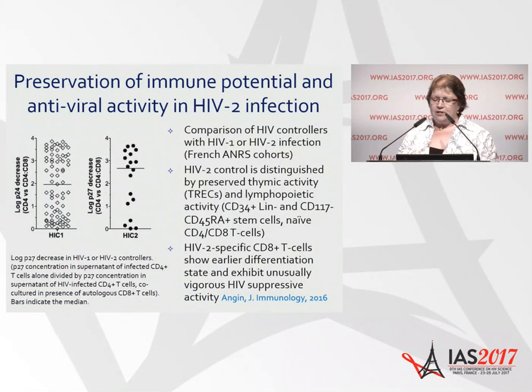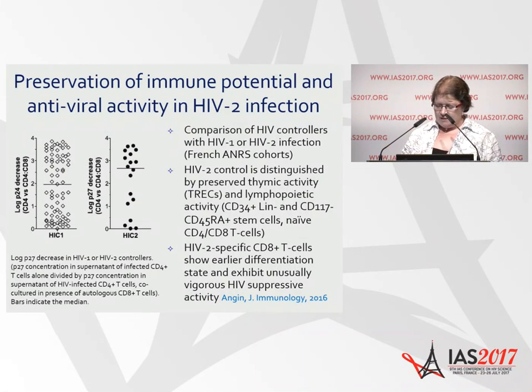Working in collaboration with Victor Appé and Assier Sirion last year, we were able also to show similar results in a French cohort, and in particular Assier's assay to look at the viral suppression of viral replication showed particularly potent inhibition of viral replication from cells from the HIV-2 patients. And there were other striking features that suggest relative preservation of the immune response in these patients.